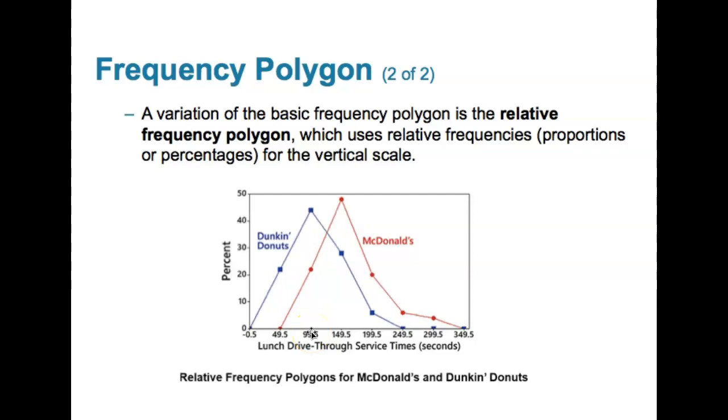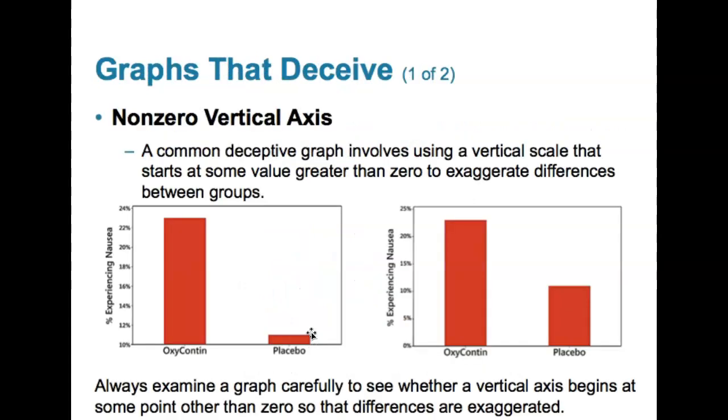But remember, be critical when reading graphs. Why do you think Dunkin' Donuts' mean service time is less? Correct, probably because of the different menu and variation of the items. We also need to be critical when reading graphs, and how they're presented. Some graphs can be misleading by projecting a vertical scale that does not start at zero and only covers the top of the graph, which automatically distorts the data.